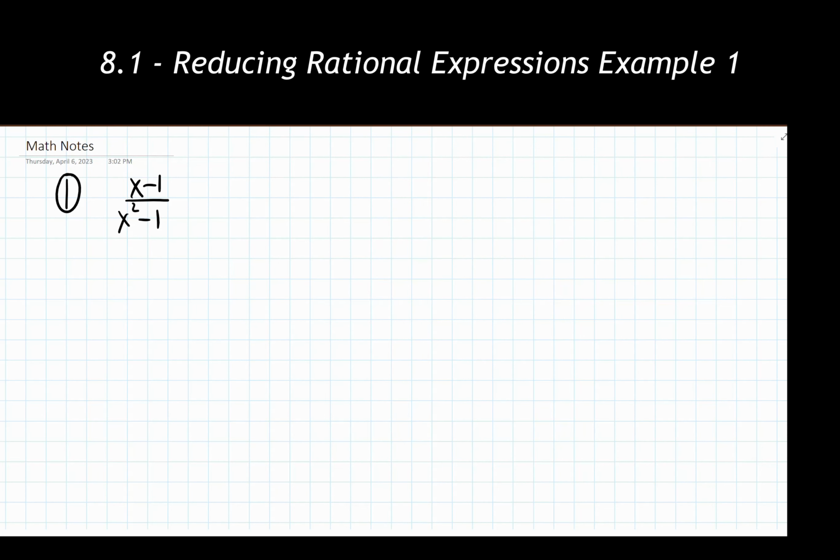So here we have example 1 of simplifying rational functions down. We're starting with x minus 1 over x squared minus 1. Now, as our process is telling us, we want to fully factor the numerator and the denominator before we do anything else. Looking at the numerator, I can't factor that any further, so it's just going to stay as x minus 1. The denominator is a difference of squares, which means this can be fully factored into x minus 1 and x plus 1. I can't factor the denominator any further, so we're good to go on step 1 of our overall process.